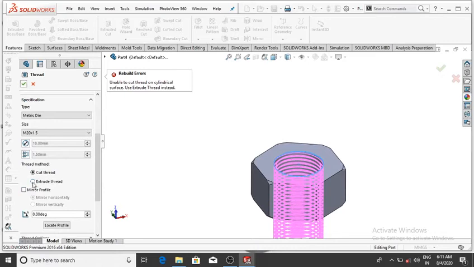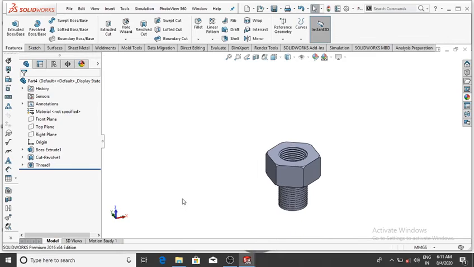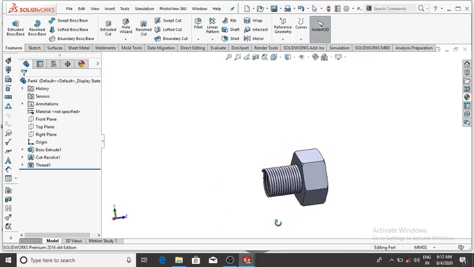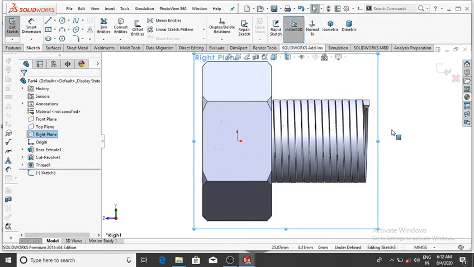Now we apply the extrude thread on this face. So select this, it will be extruded, and we cut this. So simply go to the right plane, sketch, then normal, and make the line.